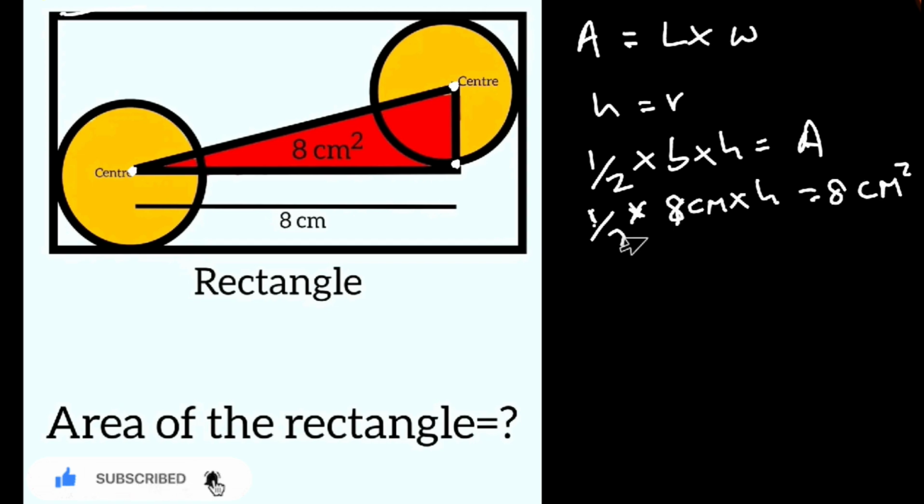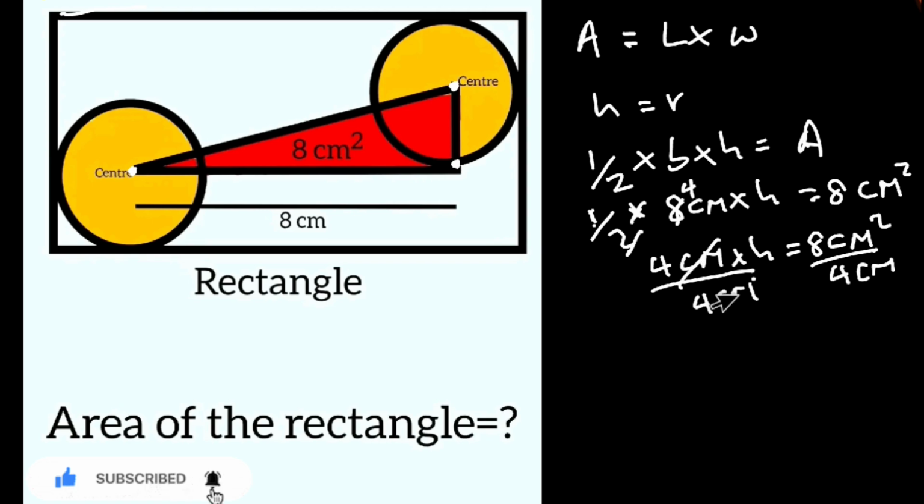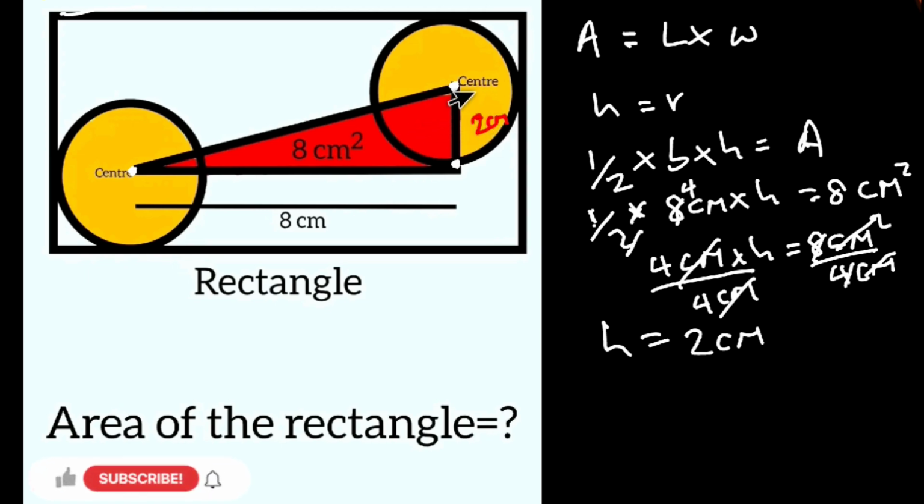So 8 divided by 2 is going to be equal to 4. So you have that 4 cm multiplied by h is equal to 8 cm squared. So let's divide both sides by 4 cm. This and this will cancel. We have that the height of this triangle is equal to cm squared divided by cm will give us 1 cm, then 8 divided by 4 will give us 2, so we'll be left with 2 cm. So the height of this triangle is equal to 2 cm,